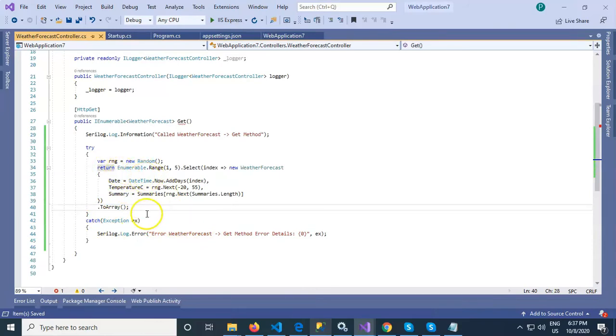Okay, here it wants to return, but let's return null. Okay, now let's run this project.